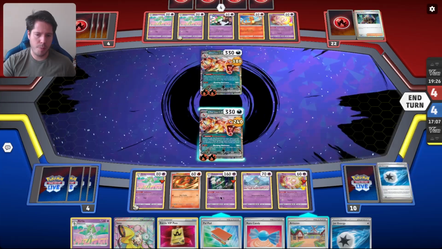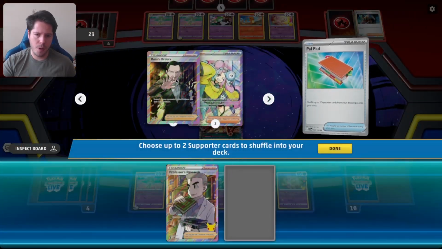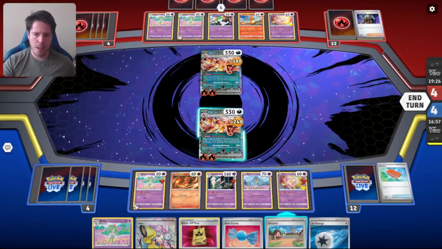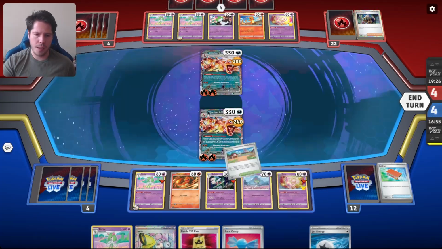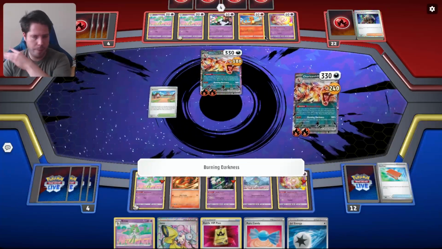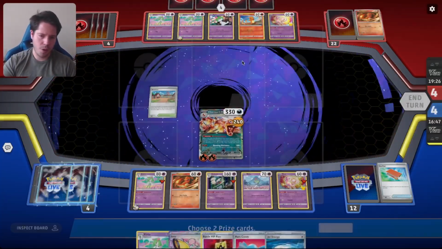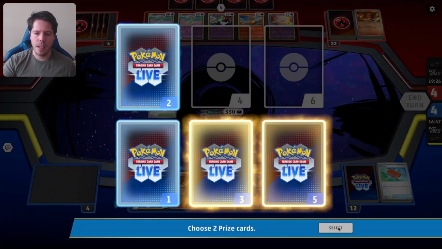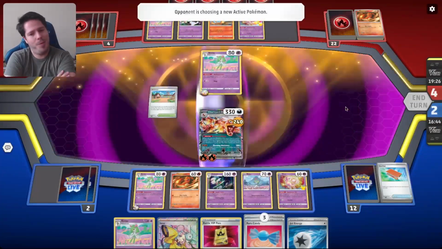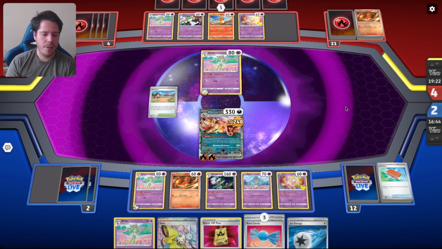So Research and Boss, I think, is a way to go to protect against Iono a little bit. And then I think at this point I'd rather just not draw the Artazon, so I'm gonna play it down. I know that gives them an extra whatever. It's fine, yeah. It should be fine. So I have a little bit of control. Yep, double Rare Candy. I have 3 Rare Candies in my hand. Okay, so I have a little bit of control